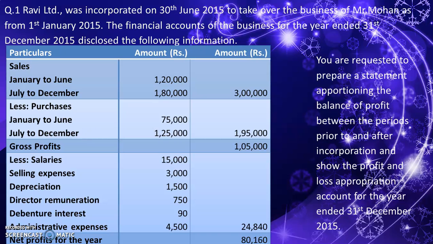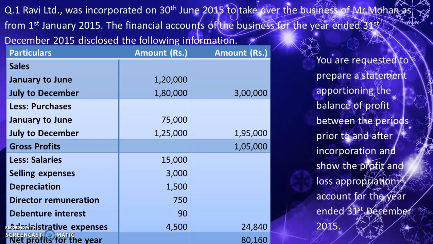Director remuneration is under note number 5, and this is the expenditure related to post incorporation period. Debenture interest, this is a finance cost, should go for note number 3, that is a finance cost, and this is expenditure related to post incorporation period, because only companies can issue a debenture and for which company is paying an interest. Then administrative expenses will be charged under note number 5 using time ratio. The same will be apportioned to pre and post incorporation period. Followed by this statement, the question continues.